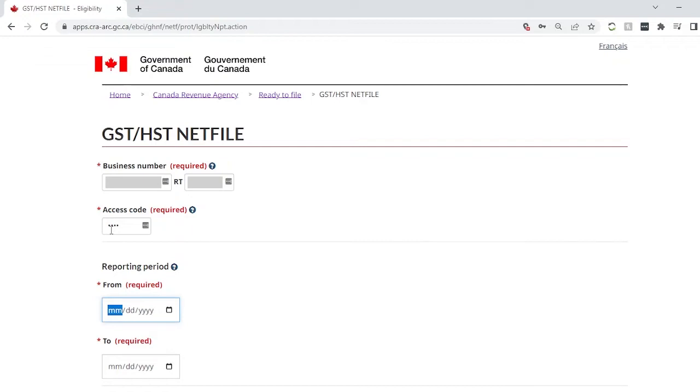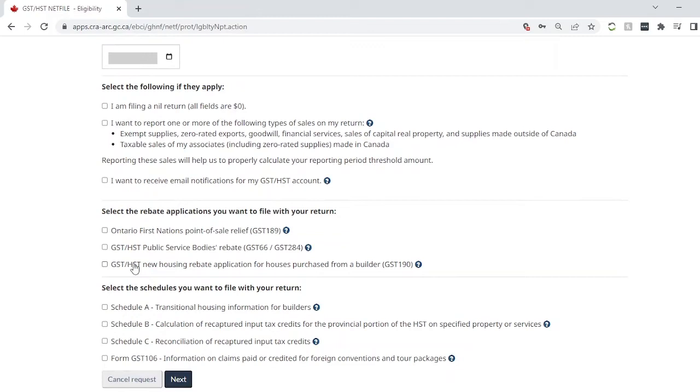So for example, I'm just putting a wrong date here. If it's a full year for me, I'm going to put January 1st, 2021 until December 31st, 2021, because this is for the whole year. If it's one quarter, you have to provide the right dates here. Okay, so you can go through these, but if you're a small business, let's say a taxi driver, Uber driver, you can just not click any of these boxes